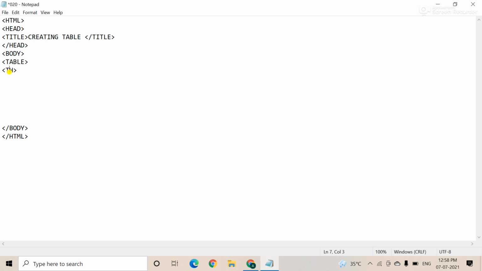Okay, so before th, the first row, right? tr is the first row, and the first heading is student name. I enter student name in the heading th, the first heading, and the second heading again th. Suppose the serial number is there.